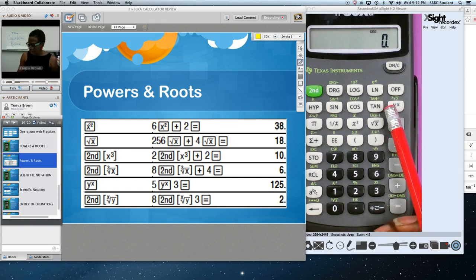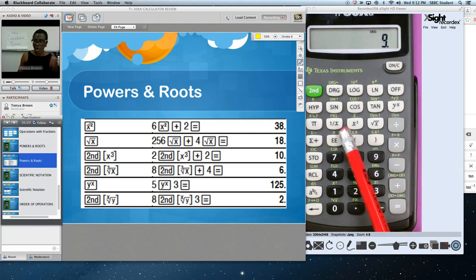So let's say I press 3. I hit that key. Then I hit to the second power, so I'm pressing 2 after that. And then I press equal. And now look what it gives me. The same thing. So I can use either the square key, which tells me automatically I'm putting it to the second power, or I can use the y